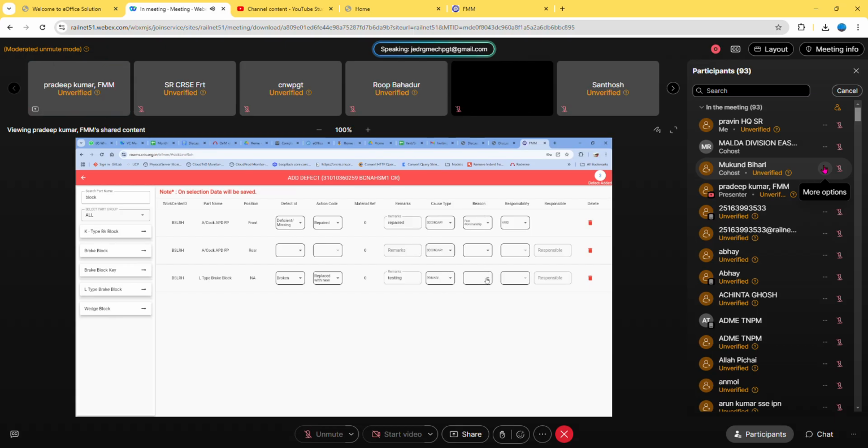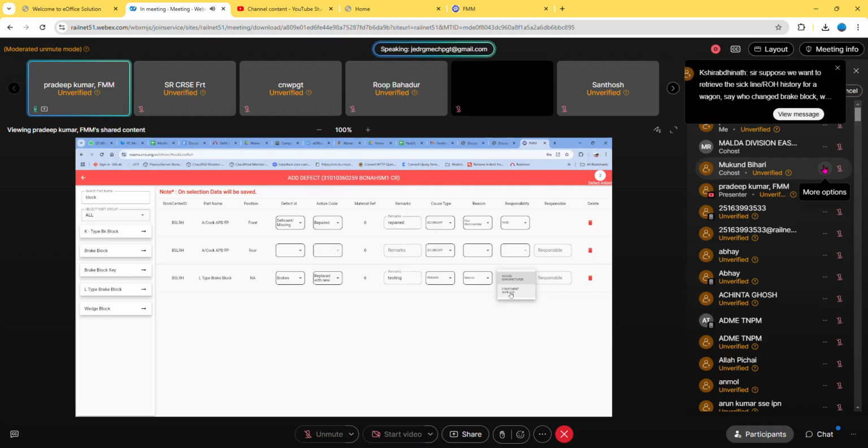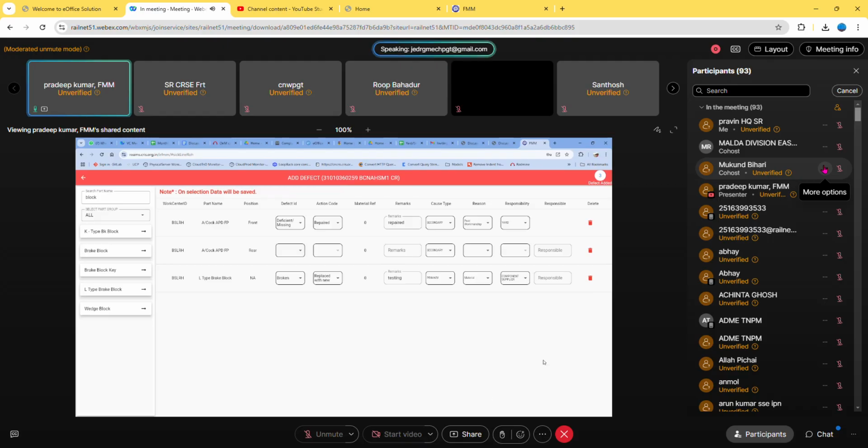Then the reason: for primary, you have to mandatorily link the reason for the material failure. If it has poor workmanship, some problem related to the material, GDR of shunting, whatever reason you have identified, you can log it. Then the responsibility, to whom you are making it responsible, say the component supplier, and some remark. This way it will automatically be saved, because there is no submit button. So this screen works with box by box